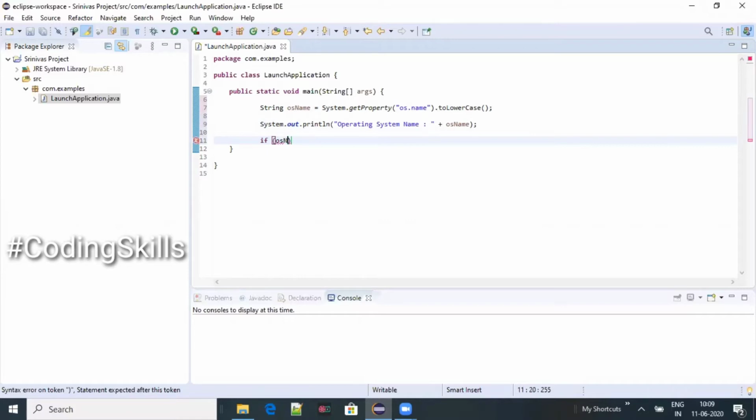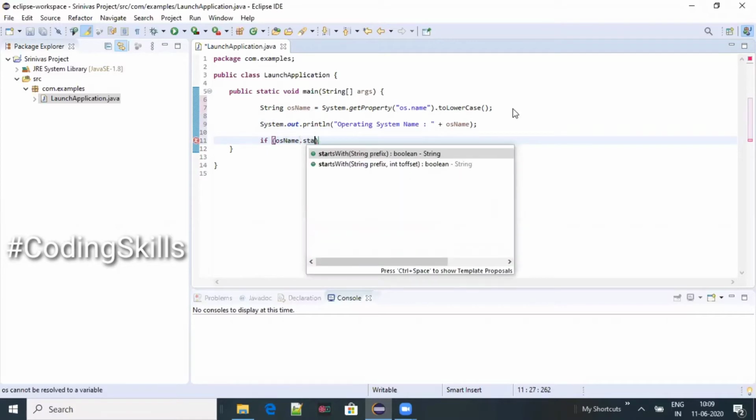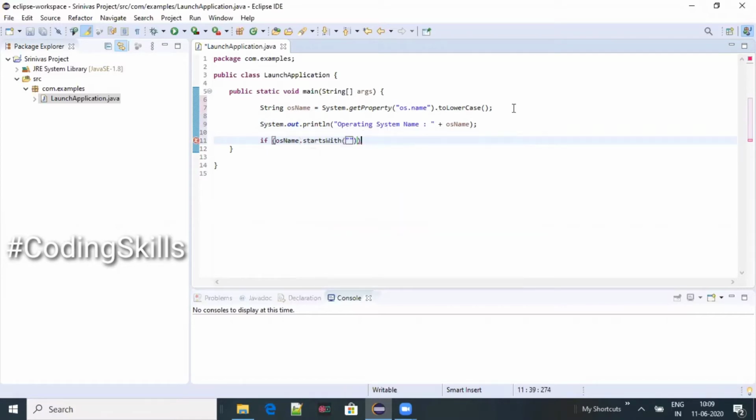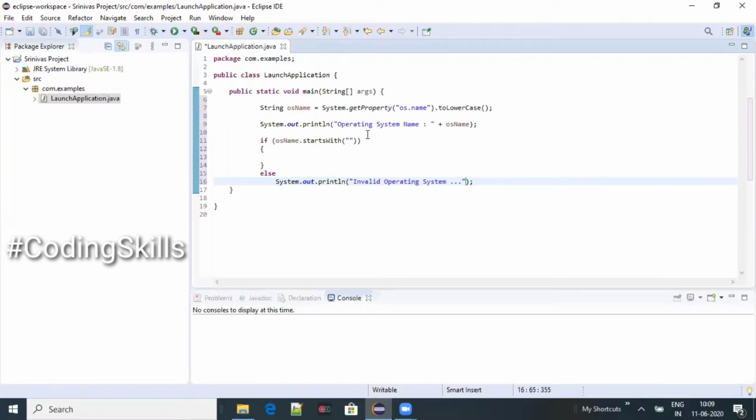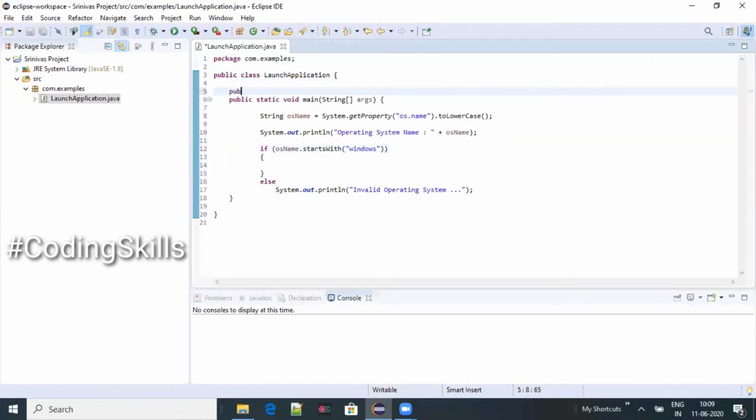If OS name starts with Windows, we'll proceed with the actual logic, else print a message that invalid operating system. So other than Windows means we are going to print a message to the user.